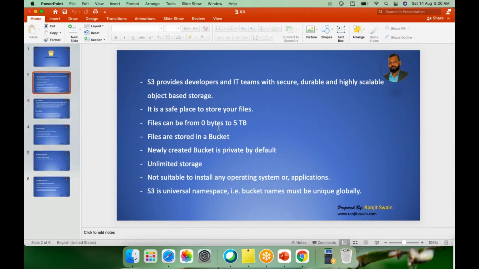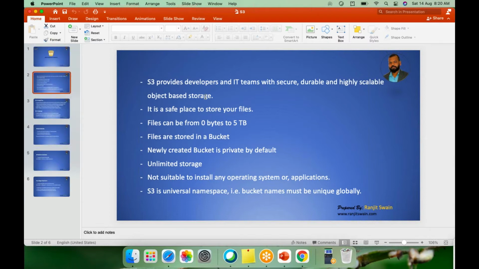So those repository and versioning things are also available in the S3 service, so that you don't have to separately use any versioning tool or source code management tool, an SCM tool, to maintain and manage your code. Okay, so S3 provides that facility as well.